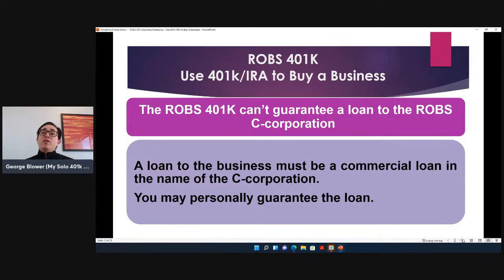So this company that's funded with your retirement money is free to go out there and obtain a loan, whether it's an SBA loan or a commercial loan. Of course, the loan would need to be in the name of the C corporation. And the bank or the lender is very likely going to want to require that you personally guarantee the loan. So you, as the president, say, of the company, as one of the stockholders of the company, certainly may personally